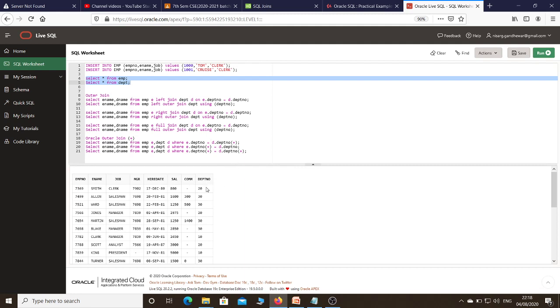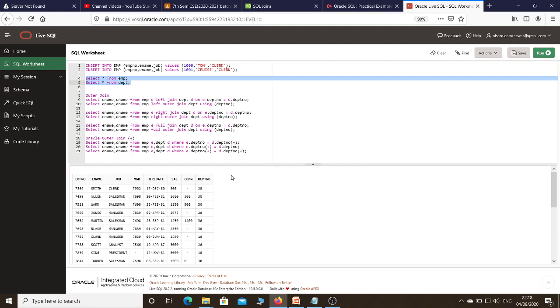Now in this case, suppose somebody has given me the problem statement: find the name and department name of an employee. Find the employee name along with the department name, and also I need to display those employees to whom a department number is not assigned.